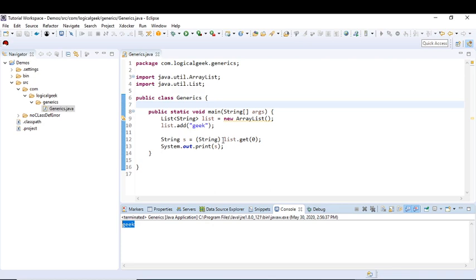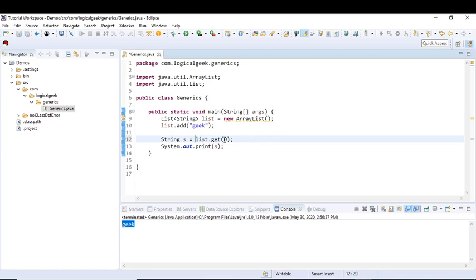You can also guarantee what comes out, and that means you can get rid of this cast. So we are not getting any compilation errors now. The compiler already knows that this list contains only things that can be assigned to a string reference. So now there is no need for a cast. Now let us create another generic collection which can hold only integer values.